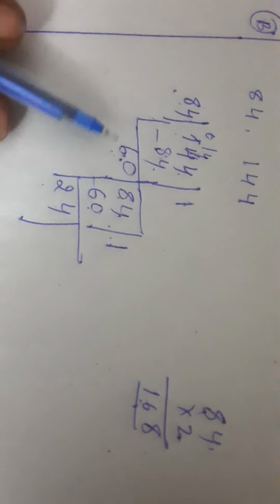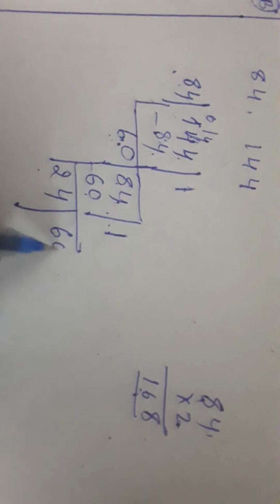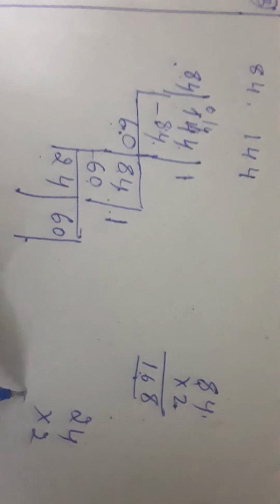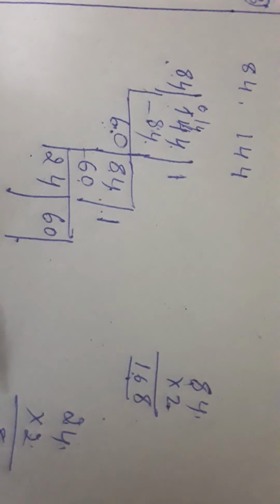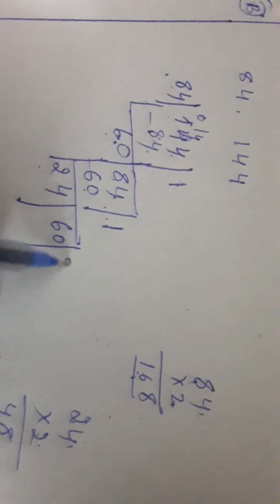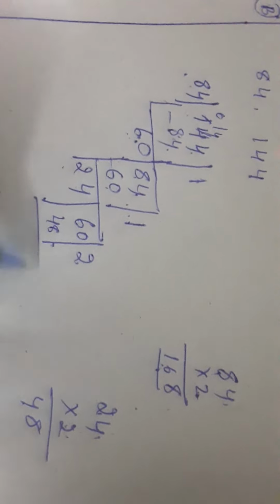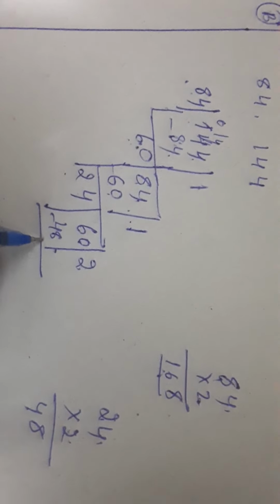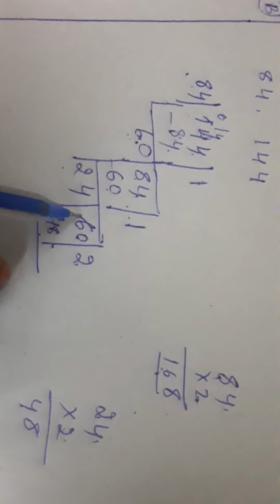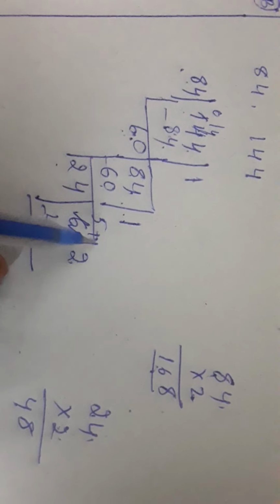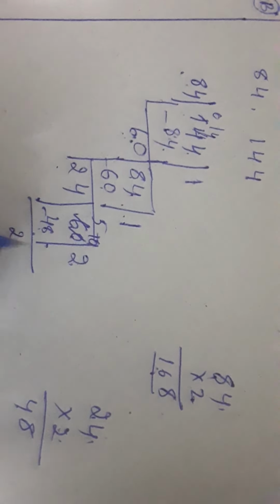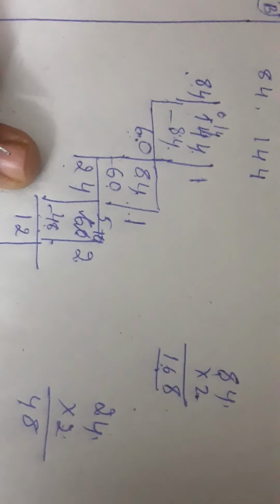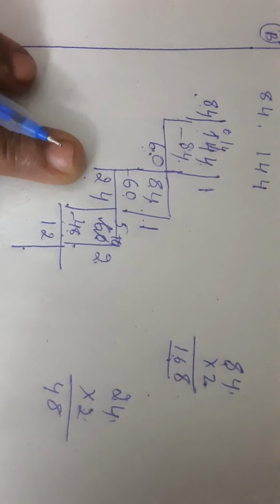Now divide 60 by 24. 24 into 1 is 24. 24 into 2: 2 4s are 8, 2 2s are 4, 48. So 2 times 24 is 48. 0 minus 8, we cannot subtract 8 from 0, so borrow 1 from 6. 6 will become 5. This 0 will become 10. 10 minus 8 is 2. 5 minus 4 is 1. This is our third remainder. 24 is our third divisor.